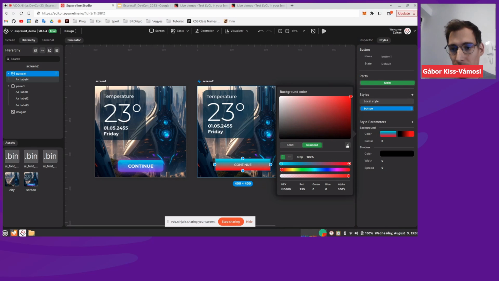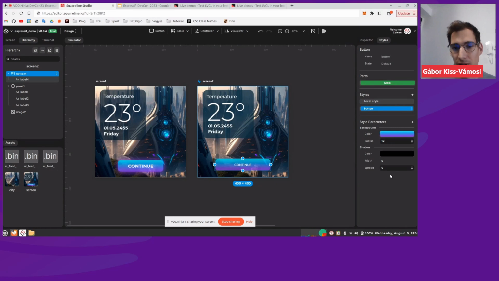And for the second color, this purple from here. Let's make it a little bit more saturated. All right, and make it a little bit transparent.